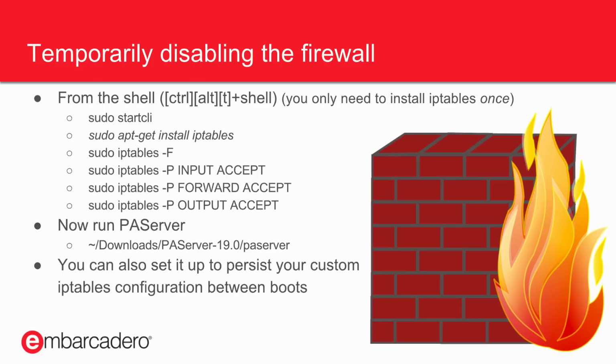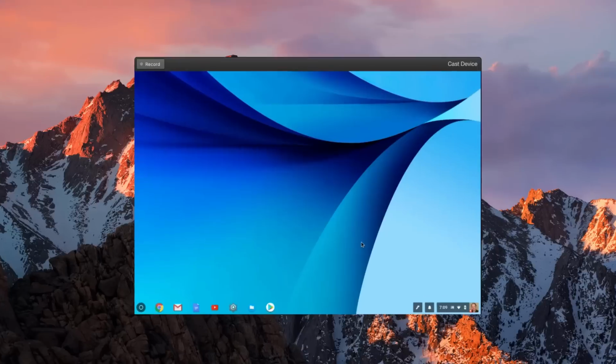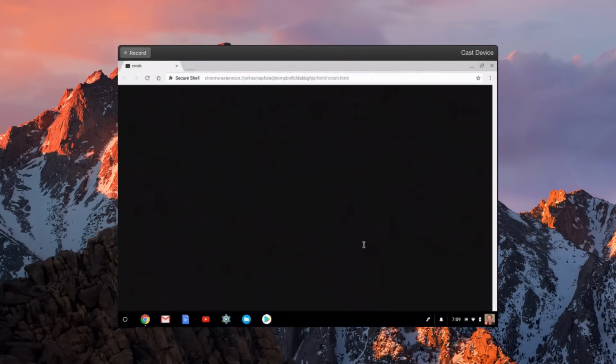You can only run the applications that are part of Linux that ships with it. So if you want to run other arbitrary binaries, you need to be running inside your chroot, which you get to by startcli. First thing to install Linux, we're going to go to shell,